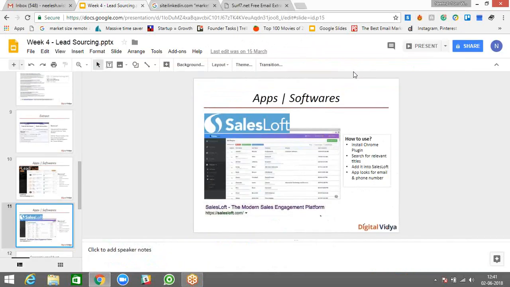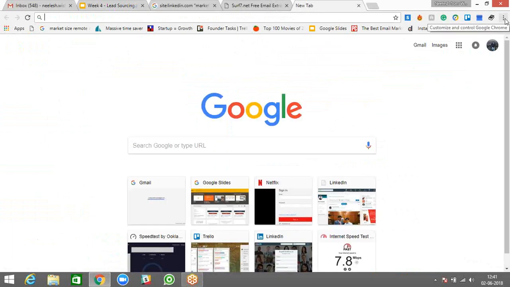This method is blocked in US. This method is not allowed. The method of automated email extraction is not allowed in US. Yeah. This falls in the automated category. What I am telling you, this falls in the automated category. You can use this for Indian market, but not for US market. Not that people are going to search you, but a law is a law.